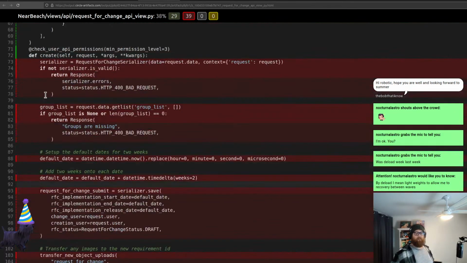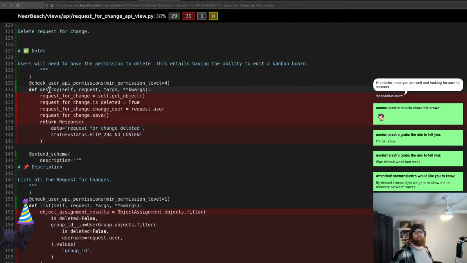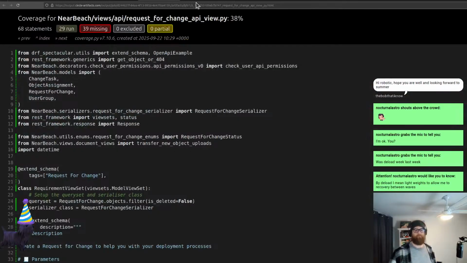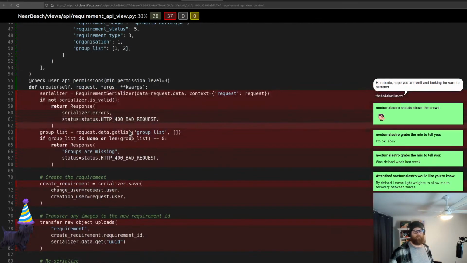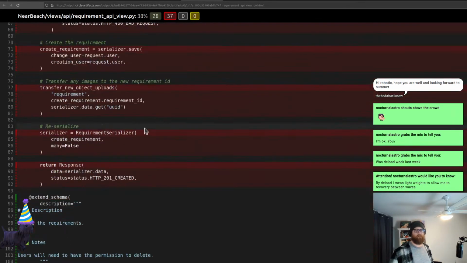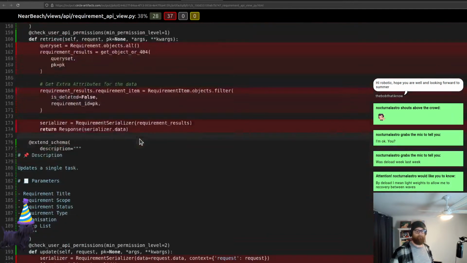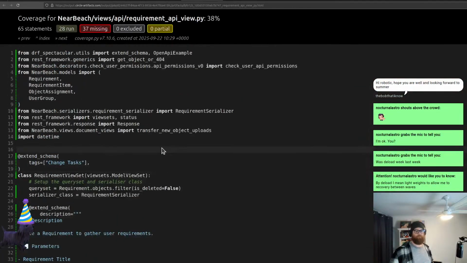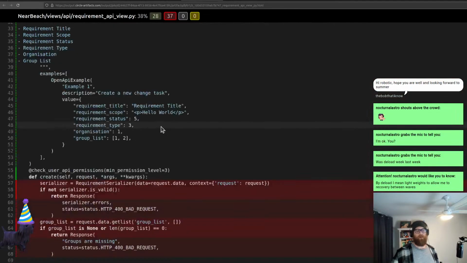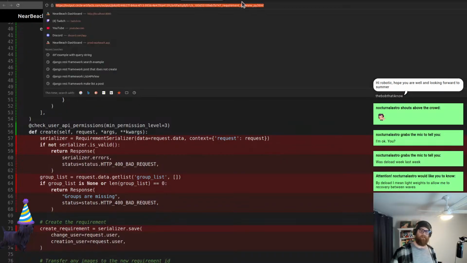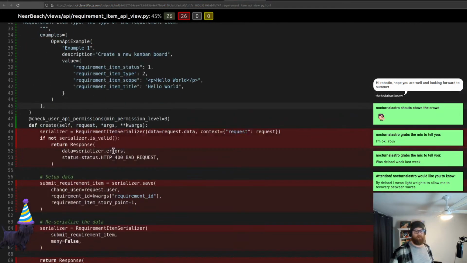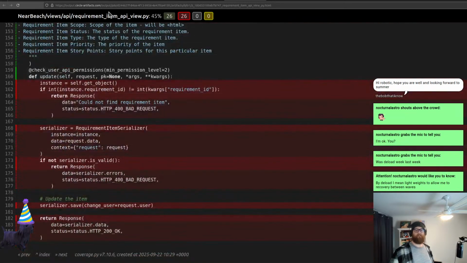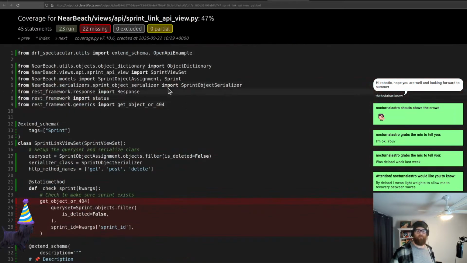All right. Oh no. We can do this. That's not going to be a problem. The serializers. All right. Yep. This is the requirement API view. Yeah, we can easily hit this one too. The create, this is the requirement items. Yeah, we can. So we've got 1, 2, 3, 4,